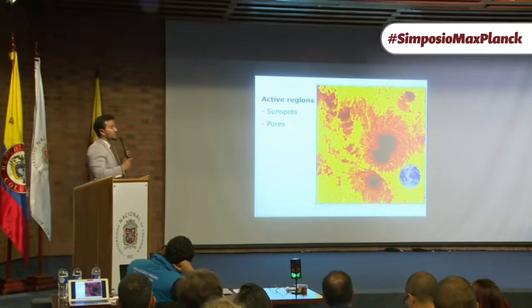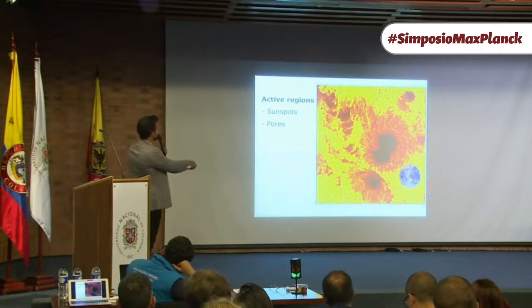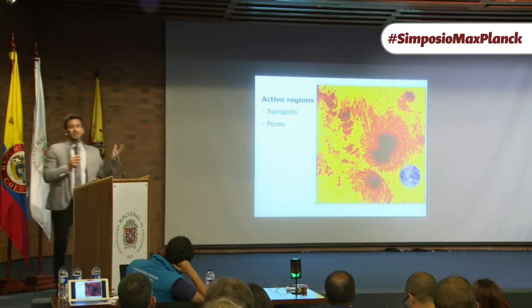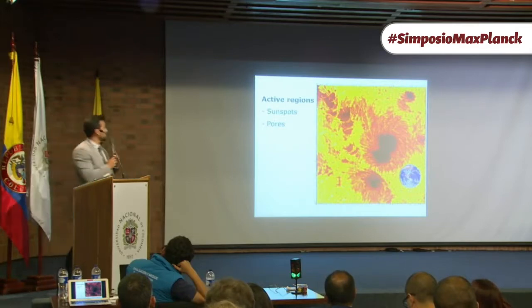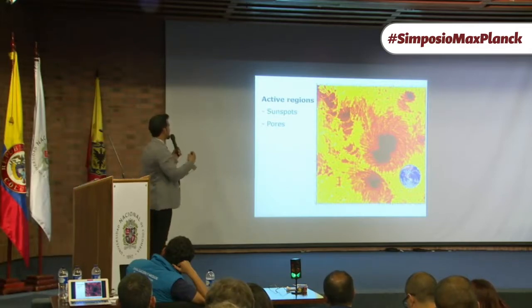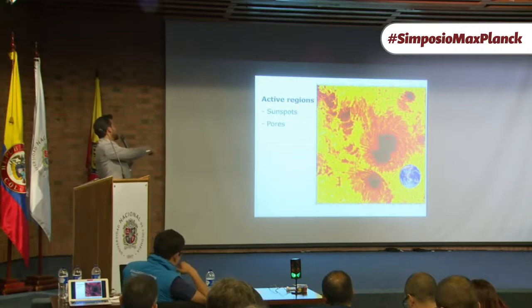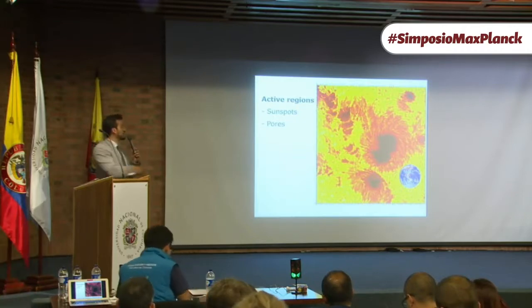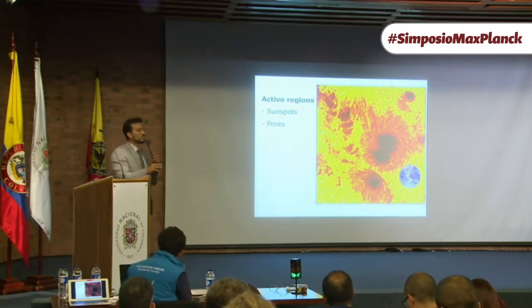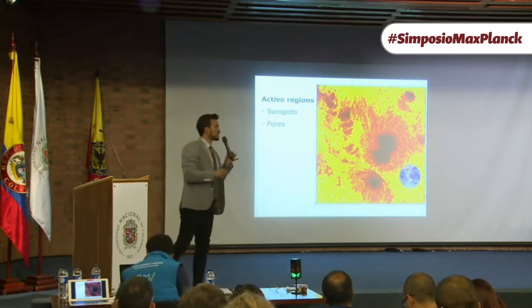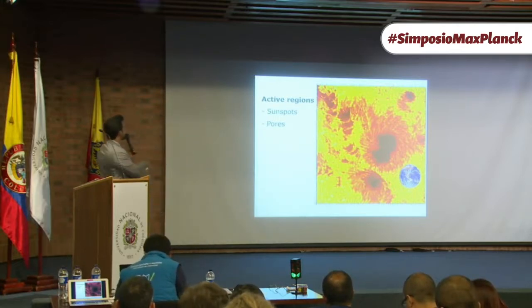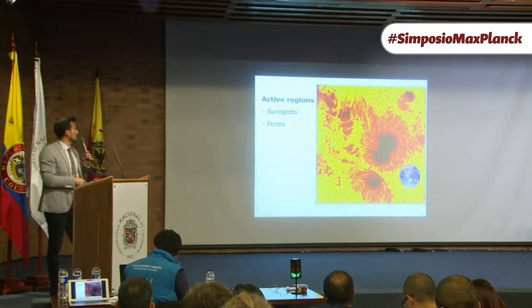This is a typical active region where you have the sunspot. Just try to compare the area of this sunspot with our own planet. You see it's massive, and also you have a lot of different structures in these active regions. So you have a sunspot with umbra, which is the black part. You have the penumbra, which are these filaments like erupting out of the sunspot. But you also have pores, which are these tiny features here that only appear like black spots.